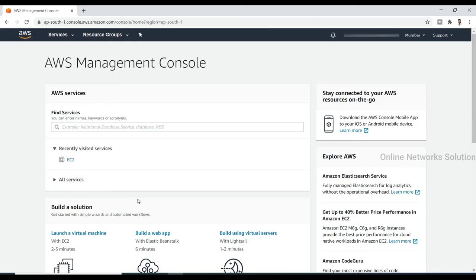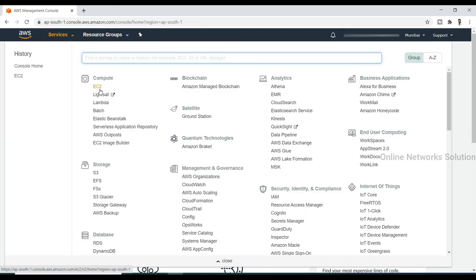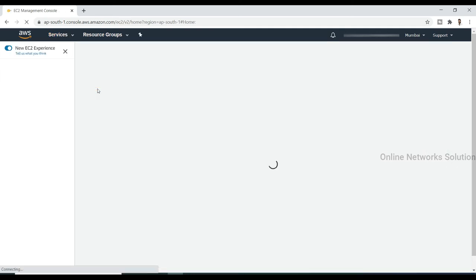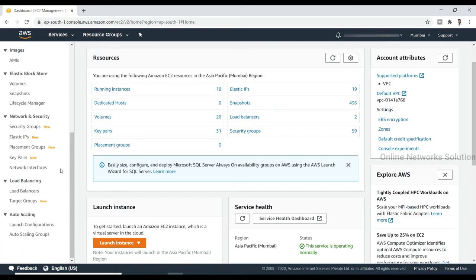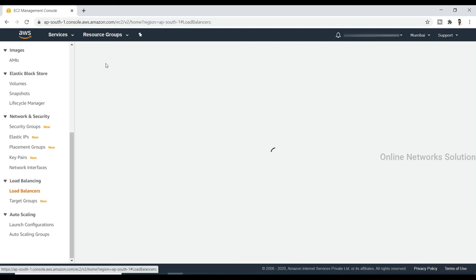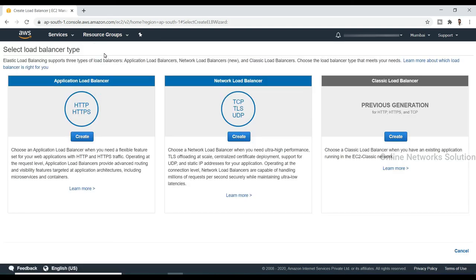It is our console, you can see here. We will have to click here on Services and click on EC2. After that, you will have to go to Load Balancing. You will have to click on Load Balancers, and then click Create Load Balancer. Here you will get three options.